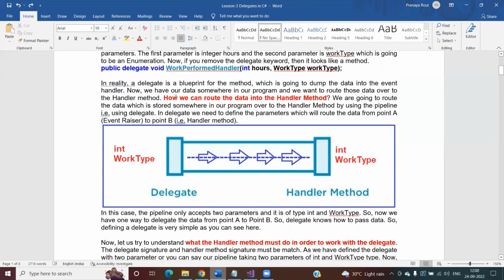right? Now let's say we have some data in our program, right? And we want to route the data over to the handler method. How can we route the data into the handler method? Suppose your data is here, your handler method is there. How will you pass this data to the handler method? You have to use the pipeline. And the pipeline is nothing but your delegate, right? So you will provide the data to the pipeline and the handler method will take the data from the pipeline, right? So using this pipeline only, or using this delegate only, we can route the data from one point to another point, or you can say we can route the data from the event raiser to the event